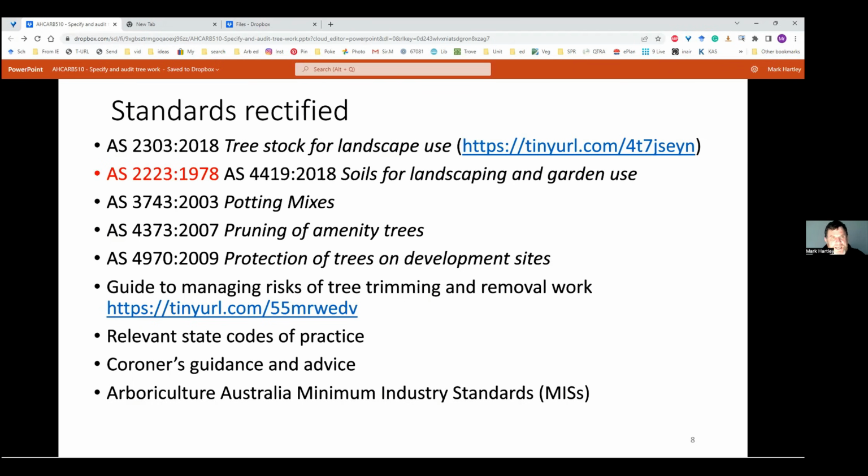In the earlier days, there was discussions about doing best management practices for Australia. And I think very wisely, Arbor Australia said, no, we're going to do minimum industry standards. These are the things that you shouldn't go below realistically. These are setting the bottom end. Doesn't mean you can't do it better. Doesn't mean you can't do more. You just shouldn't be going below those levels.